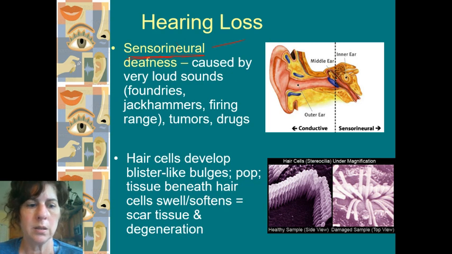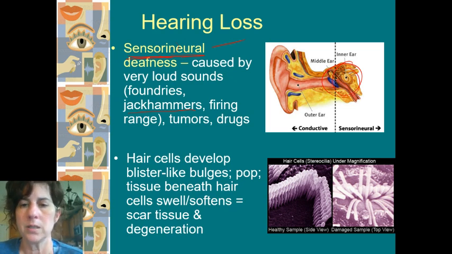The airport, Houston Intercontinental, is not too far away. Those people that work at the airport out with those planes have to protect their ears. Likewise, jackhammers can do the same thing. Firing ranges, if you go out on a firing range with a gun, the noise over a period of time will do damage to all of this information, this portion in here.